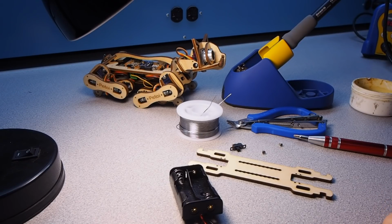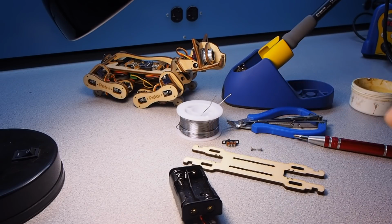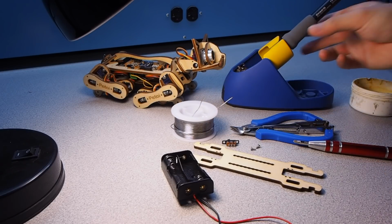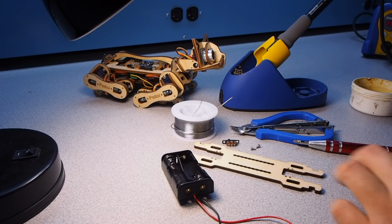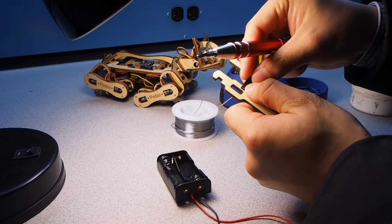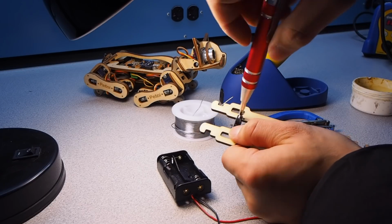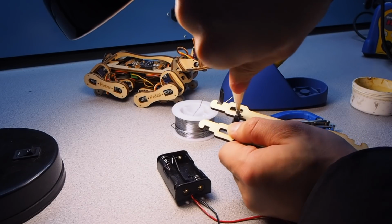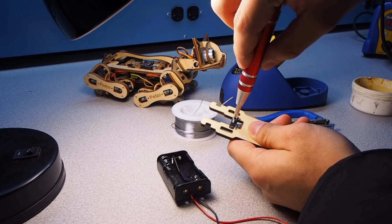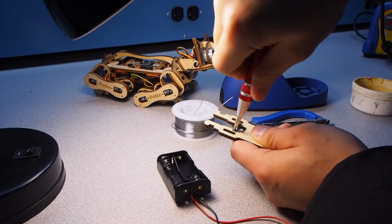For this soldering section, you will need to prepare the belly piece, the switch, 2 screws, the battery holder, wire cutter, solder wire, and soldering iron. First, fix this switch onto the belly piece using the 2 screws. Okay,